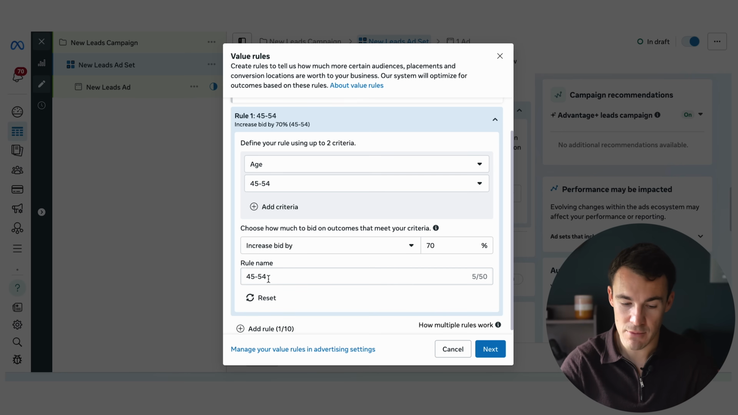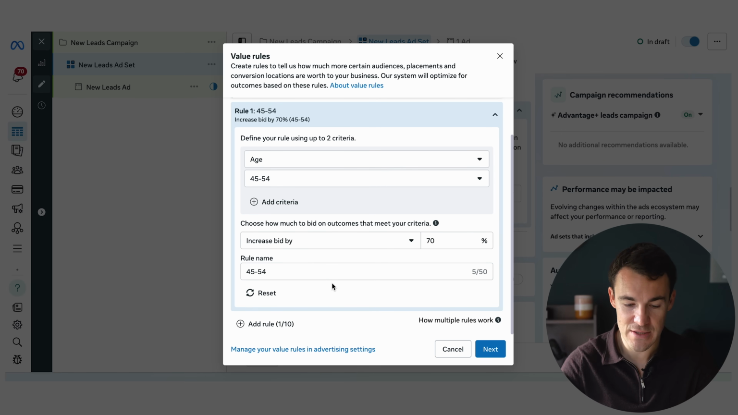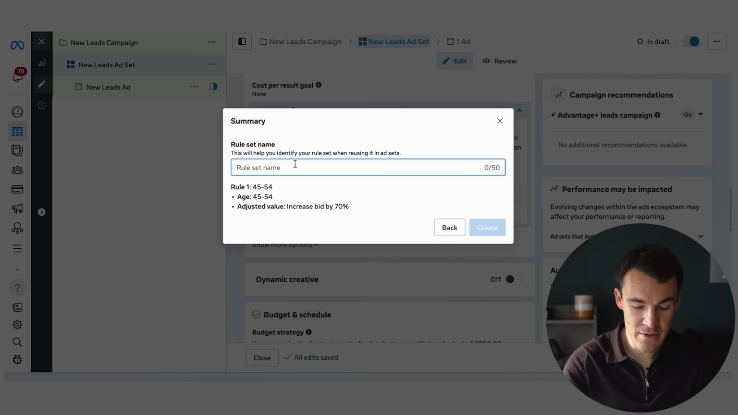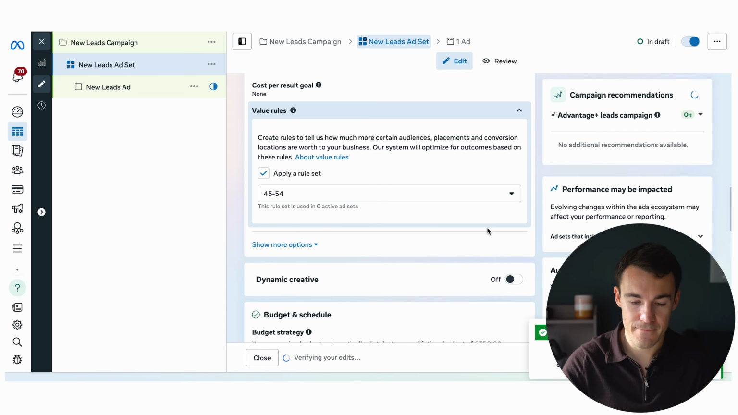So rule name, we could have 45 by 54. That's pretty straightforward. And then we can go ahead and click next. Rule set name, 45 to 54. Works for me. Go ahead and add that in, and then we apply the rule set, come back into the